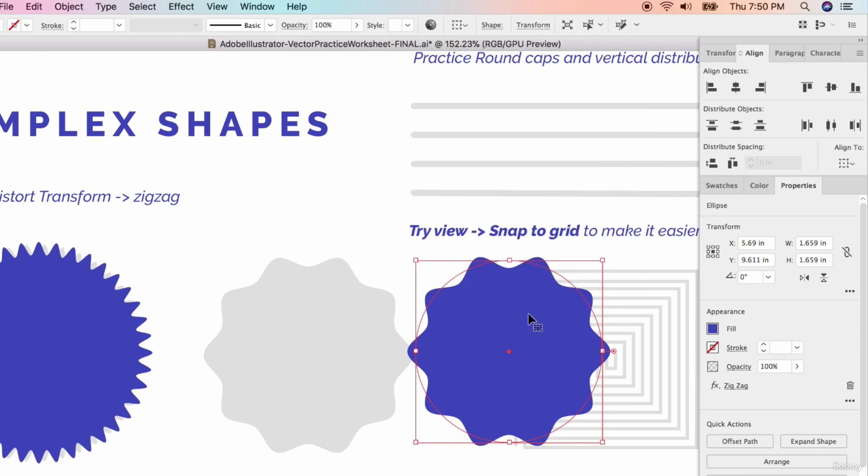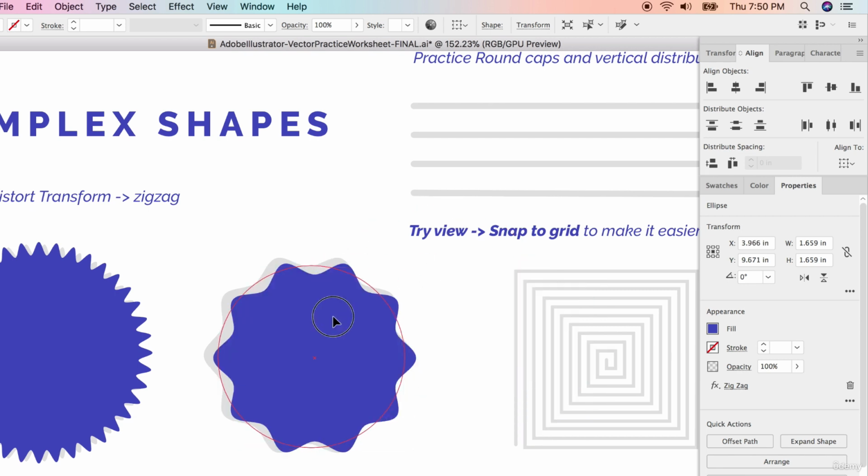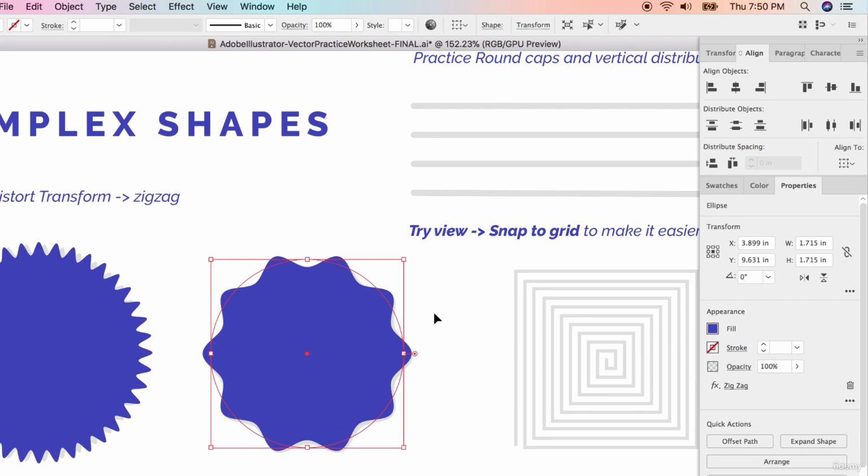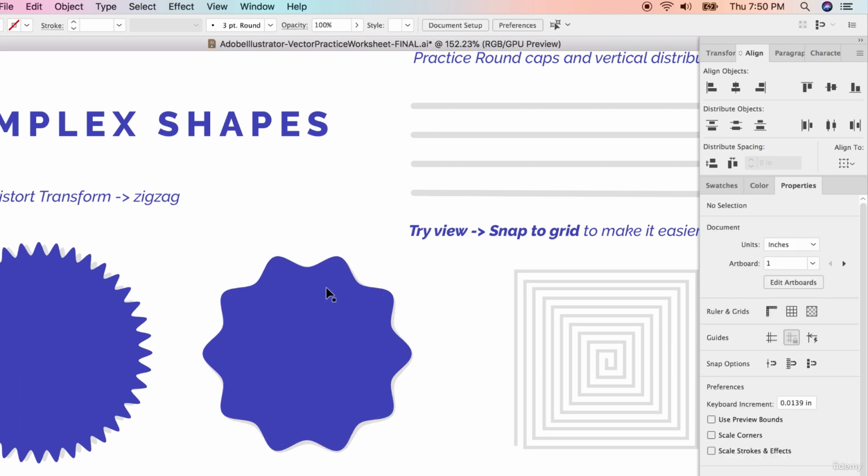Once again, it doesn't have to be exact as long as you get pretty close and you're able to kind of practice the basic tool. So I'm just going to make that a little bigger and match it up. And you can see how you could put stroke circles in here, and you can create a wide array of